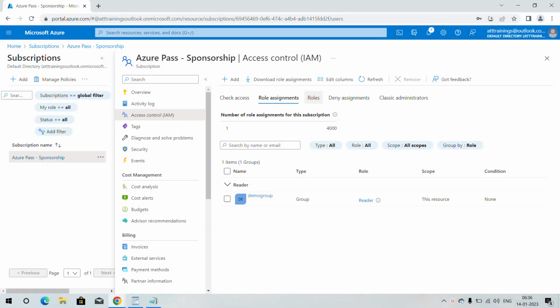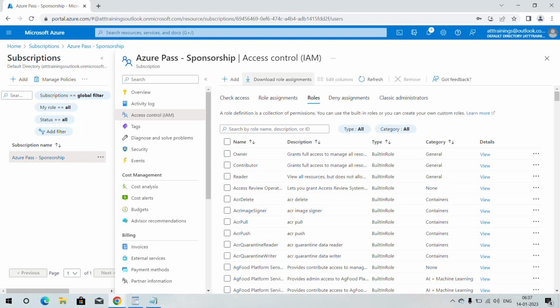Now let me show you what are the different other roles which can be assigned to the users. Let me switch to the admin user window. Over here, if I click on roles, you can see that there are various roles which are available to be assigned to the users on this subscription. We can use any role based on our requirement and assign it to the user. The role can not only be assigned on the subscription but also to the resource and the resource group. If I open any existing resource, then I can assign the IAM roles to those resources as well. Let me open an existing resource.